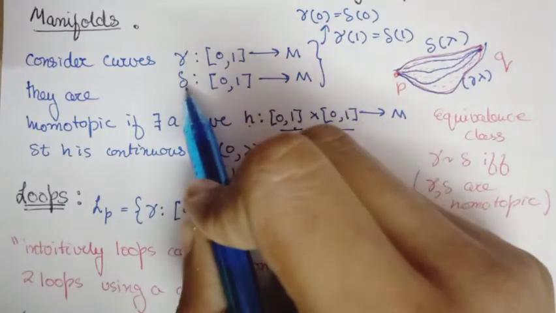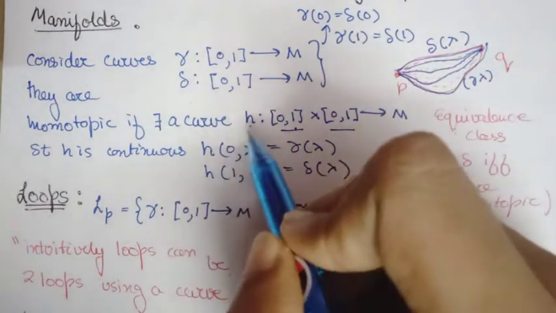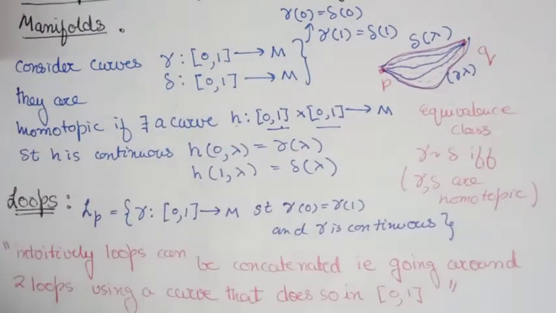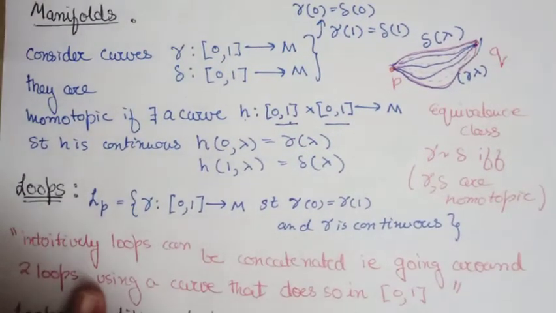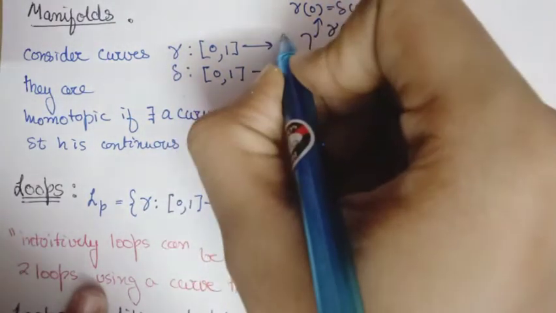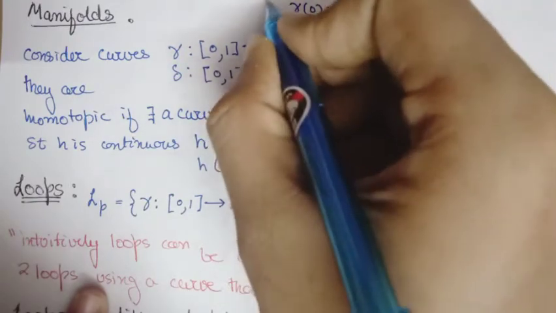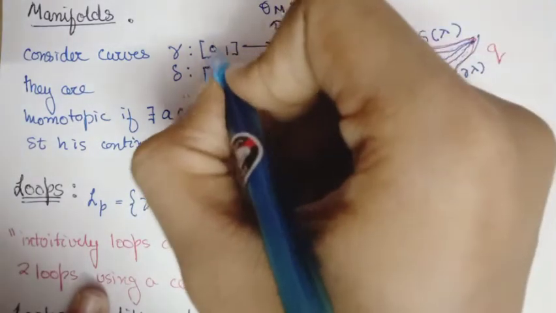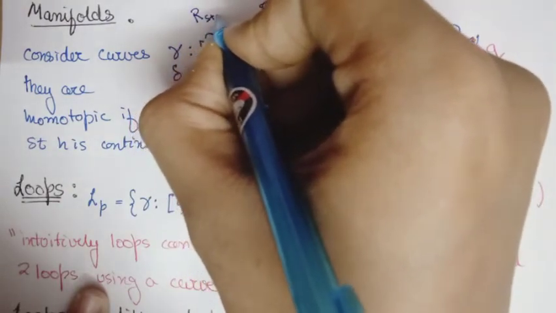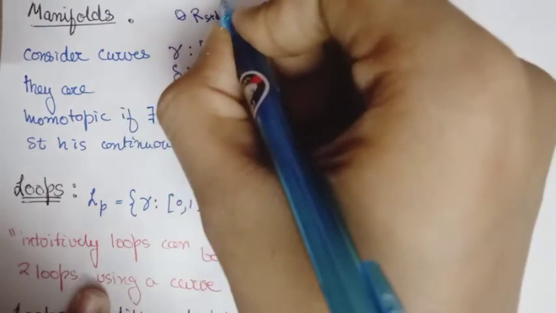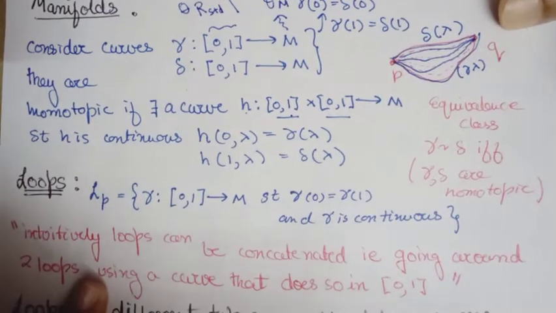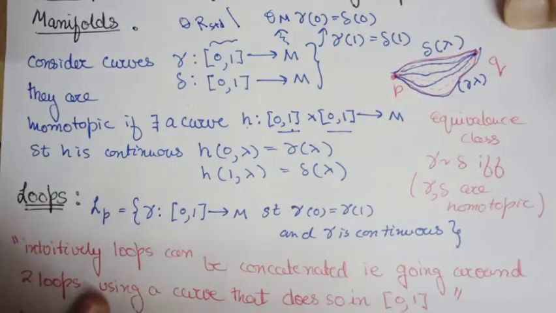One of the important points here is that these curves gamma and delta are continuous curves, and this H is a continuous deformation. By definition we can discuss continuity only when we have a topology. So M must be introduced with a topology theta M, and the interval [0, 1] can be given the standard topology on R, theta R standard, restricted to the [0, 1] interval. The restriction of the topology was discussed in the previous video.